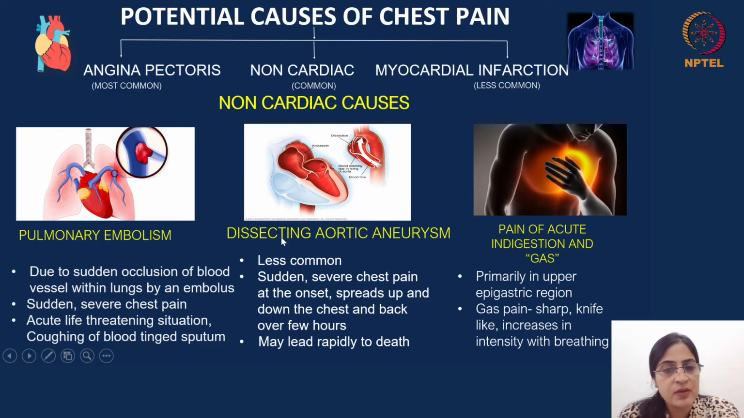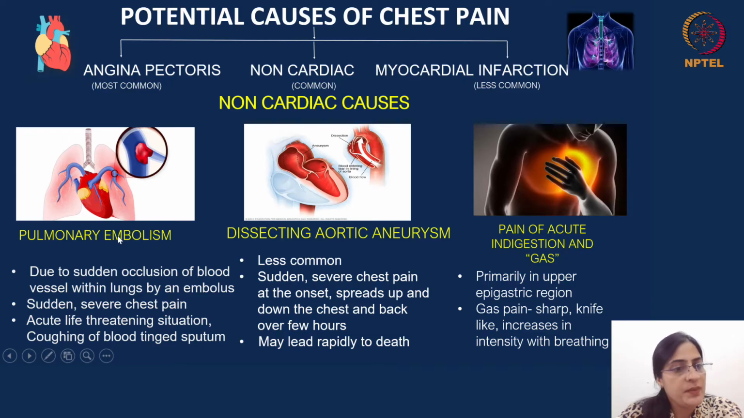Now, less common causes include dissecting aortic aneurysm and pulmonary embolism. What do we mean by dissecting aortic aneurysm? Aneurysm is abnormal dilatation of the aorta. Here you can see it, and dissecting means there is a tear in the intimal layer of the aorta. It is less common. The pain is sudden. It is severe at the onset, spreads up and down the chest and back over a few hours, may lead to